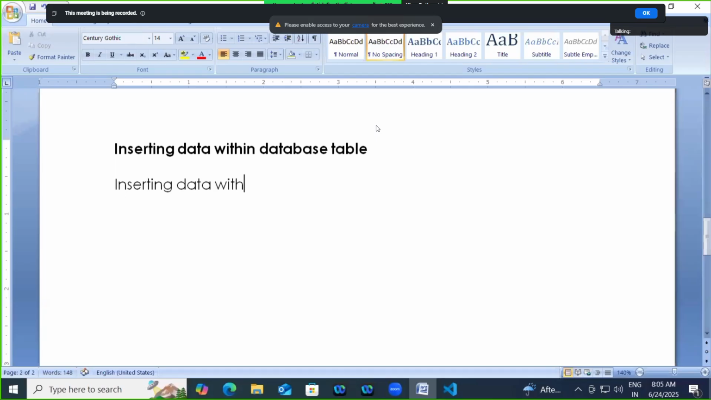Inserting data within a database table can be done in how many ways? Two ways. There are two ways for inserting data into what? Database table. One is creating